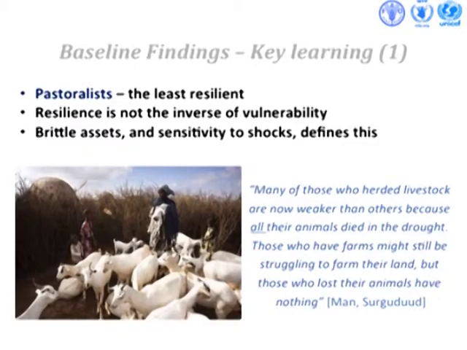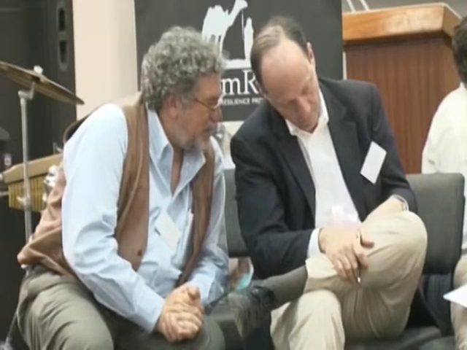Okay, so looking at some of the key findings that we teased out of this, I think the pastoralist data was interesting because it showed us the difference between what we'd done here and a vulnerability analysis that we might have done 2 years ago. So they came out as the least resilient. And again, the caveat is this is very much an aggregate of quite diverse scores, and any Somali pastoralist would tell you, you simply can't put them all in one bracket. But we have done, and we've looked at where that departs from what we understood before about their vulnerability.